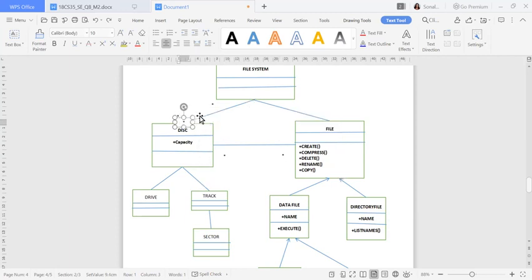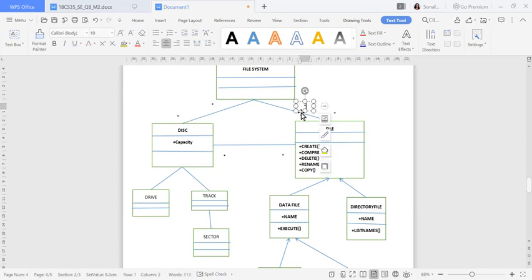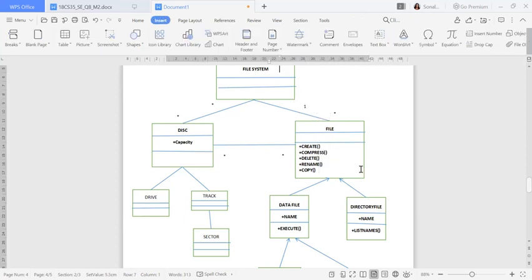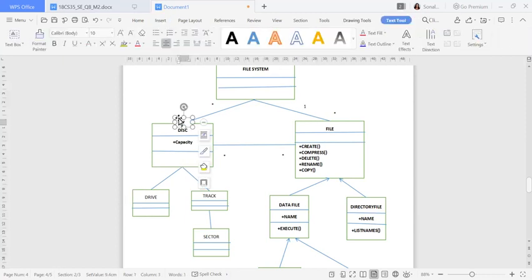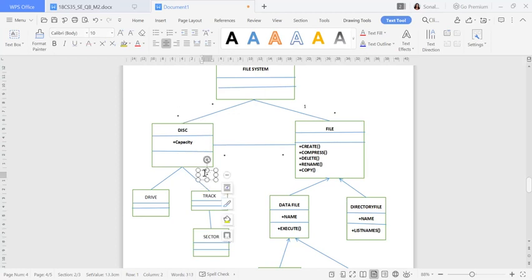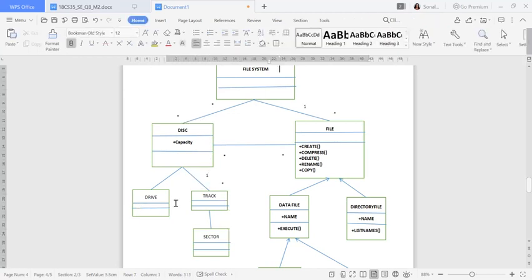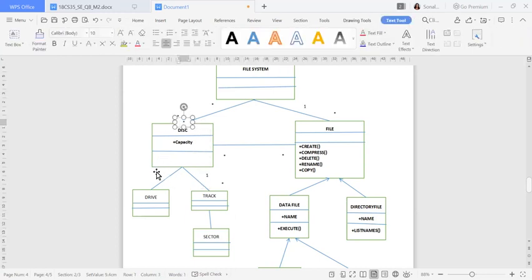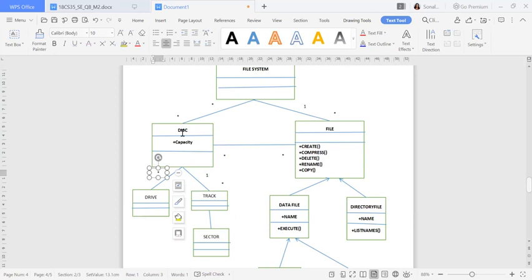What's happening? Why is it not going? Yeah, going now. Here it is many, but here it is one to one. So I will just place it over here. I'll write it is one to many. Okay, and also if you want to give the relationship here, you can give. This one will be many, and this one will be one to one. Okay, so similarly if you want to give here, this one will be many to one.